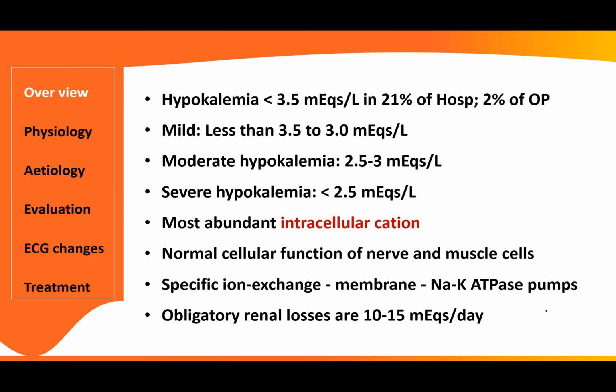Now, what is the normal potassium range? Anywhere between 3.5 to 5 milliequivalents per liter. Because potassium is a single atom, and it's not like oxygen, there are no two atoms in the molecule. So the milliequivalent will be equivalent to the millimole. Even if you say 3.5 millimoles or milliequivalents, it will be the same, because one molecule is one atom. So the equivalent weight is equivalent to the molecular weight.